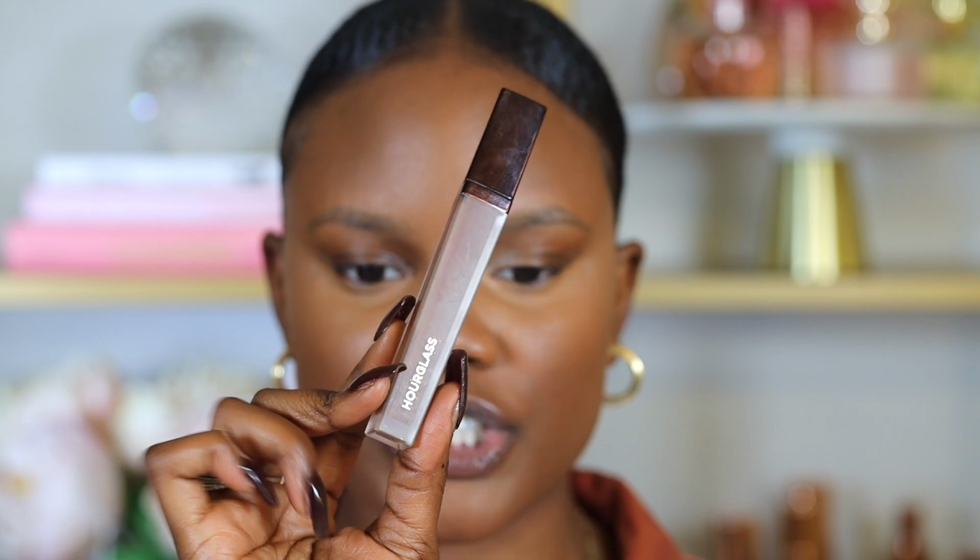And then I'm gonna place a little bit for reverse contour. And then for contour, I'm gonna use the Hourglass Vanish Concealer. This one is in the shade Anise, and this one is pretty deep, so I usually use a few drops. I always start with my chin area because it dries up so quick, and sometimes I forget to blend it out, so I always like to start first with